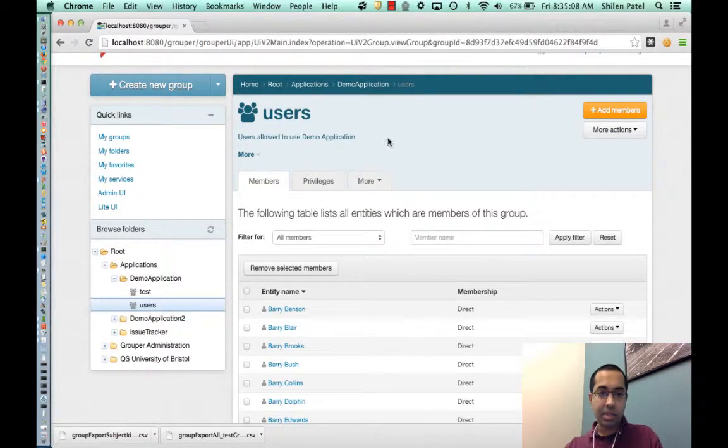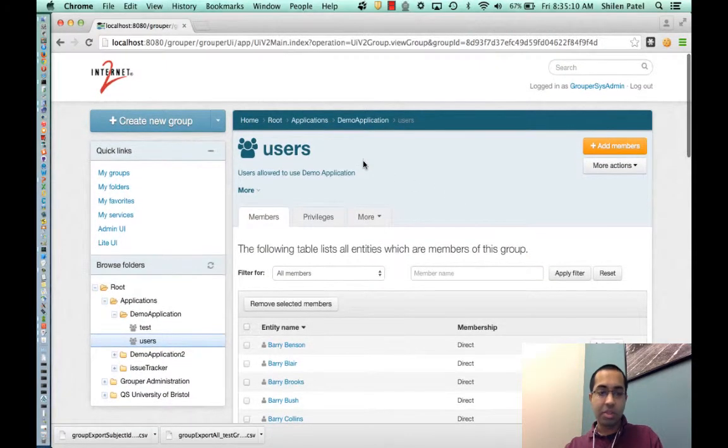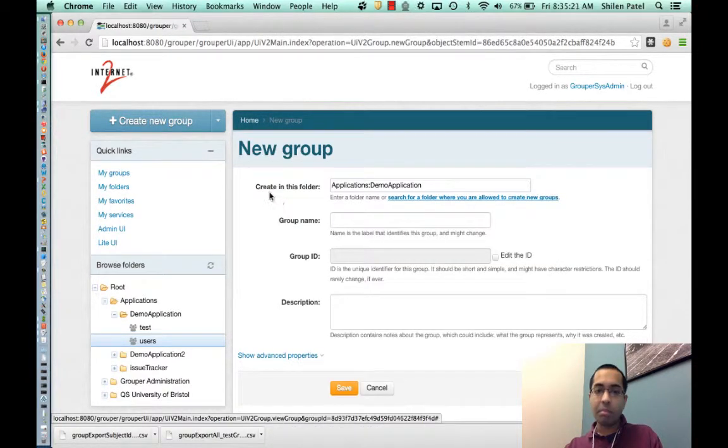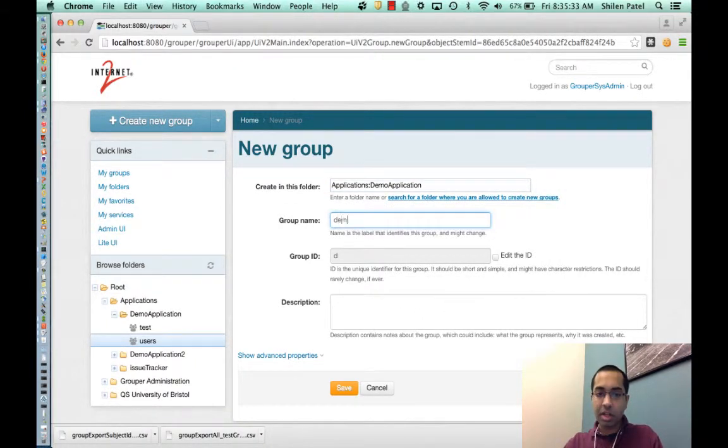So the next thing I want to do is create a new group. So there are a couple different ways you can create a group. One way is to click on this button up here, create new group. By default, it's going to populate the folder with the folder that I was currently in, but I can change that. But I'll leave it with that one for now. I can set the group name. I'll call it